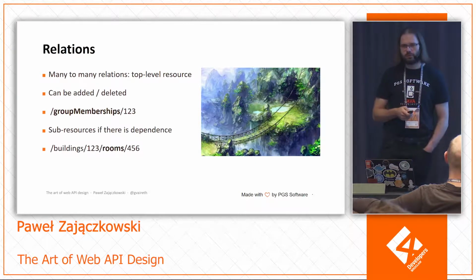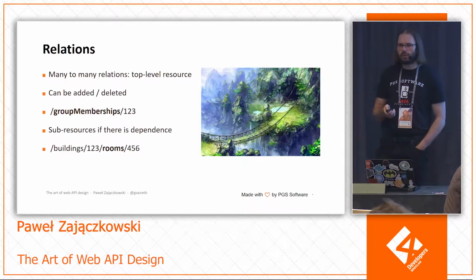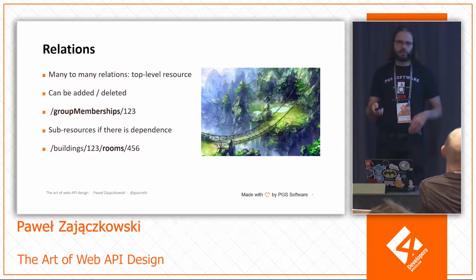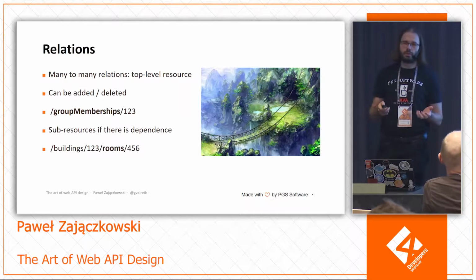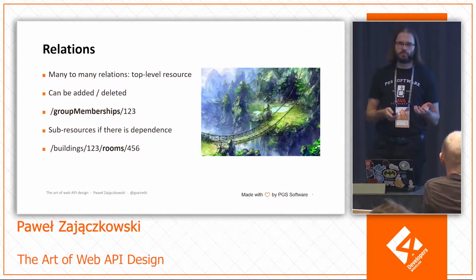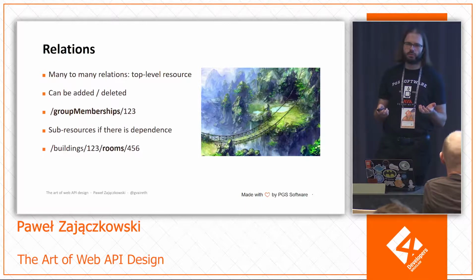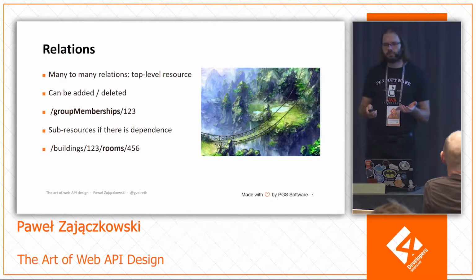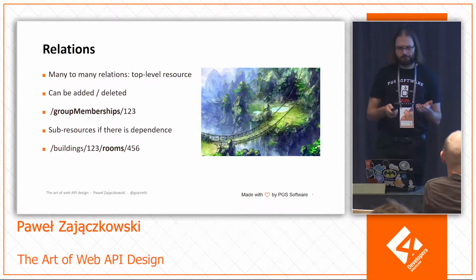Relations between resources. There are two kinds of relations here in general. Either you have resources that can be independent, for instance, groups and people. People do not have to be in a group, and in theory, a group can become empty, but still have some information like founding date or something like that. So in that case, the mapping is basically something independent. So there is a resource group membership that can be deleted or added or altered somehow.